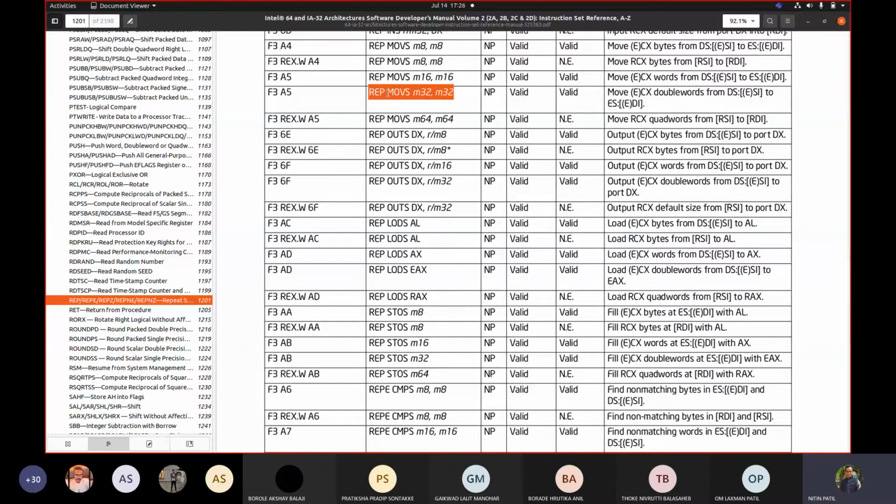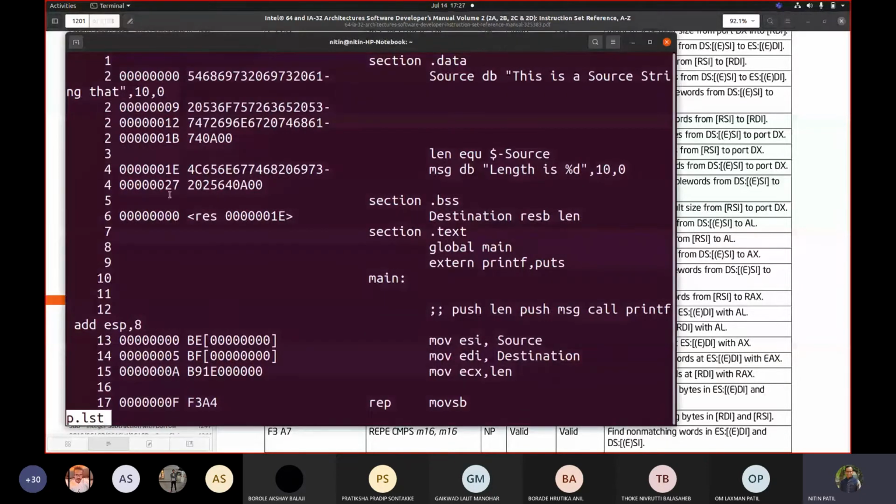Now, as we are moving a byte, 8 bit, we are moving an 8-bit value. That is the reason why you got F3. Whenever you write repeat MOVS, and the values are not directly written there, we replace it by MOVS and then we say B for byte. That's why it took this F3, and this F3 is the instruction prefix added for MOVSB. We already saw MOVSB was A4. Here we could see A4.